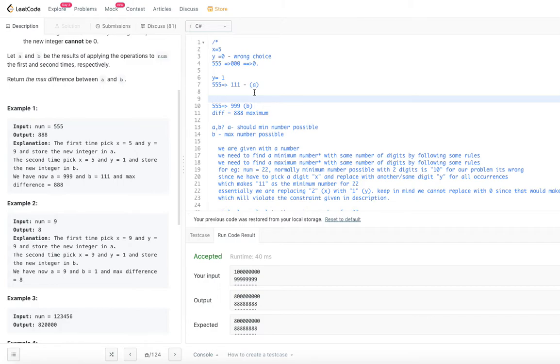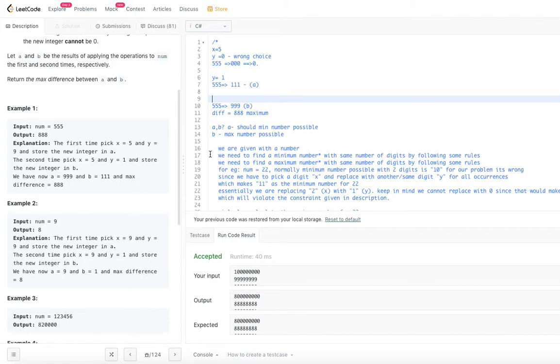So now that we got a little bit headway, we have to calculate two numbers, right? With all the constraints A and B. We can't choose x and y arbitrarily, but we have to come up with a strategy to come up with a minimum number and a maximum number for a given number, right? So that is the first thing that we are going to do.